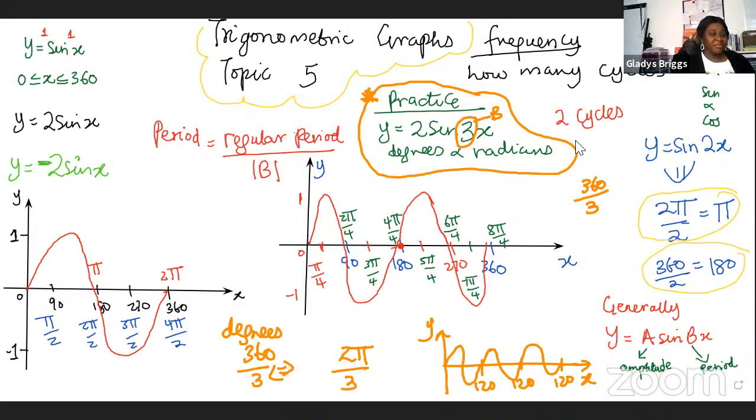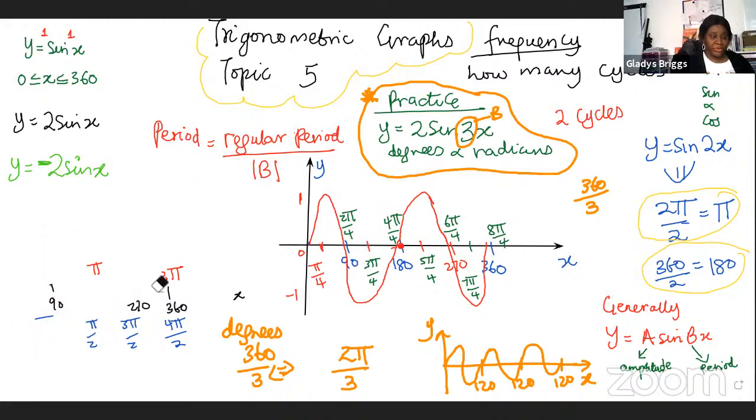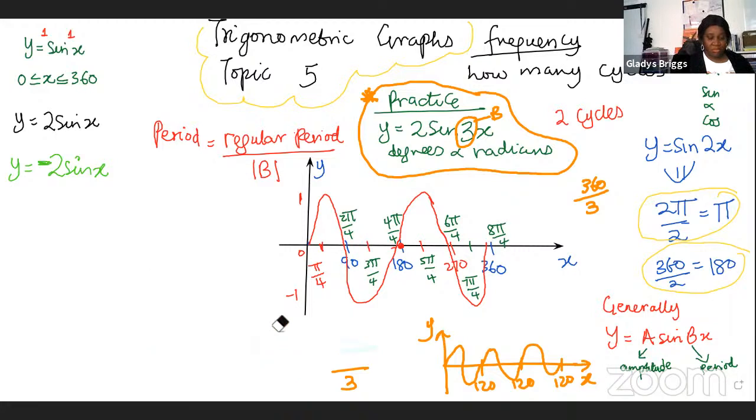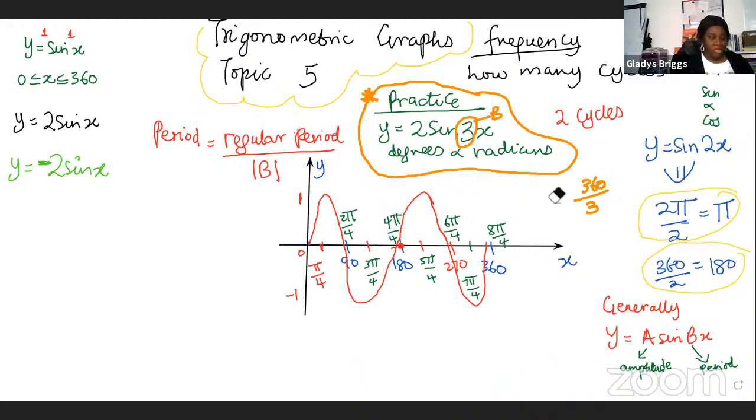So you need to know how to do y is equal to sine x, y is equal to 2 sine x or 3 sine x, y is equal to sine 2x, y is equal to sine 3x, all of those, yeah? So I'm going to do it for you on the board now. I can't just pin these down there, so it's just all over the place all the time. Okay, so